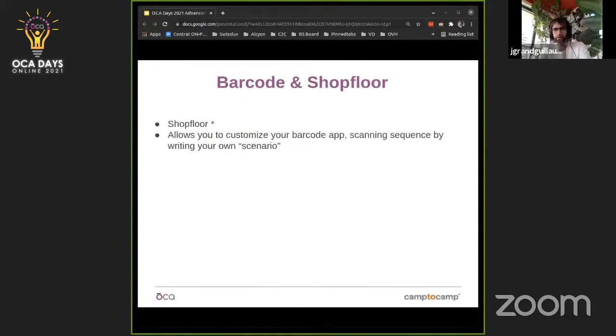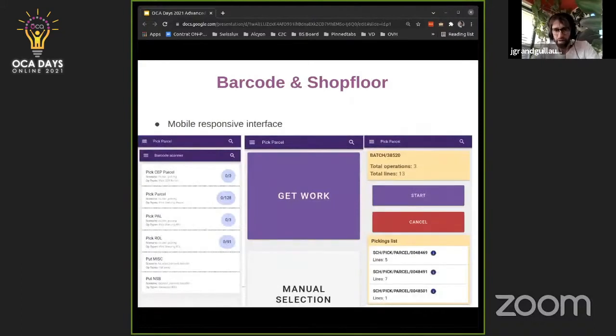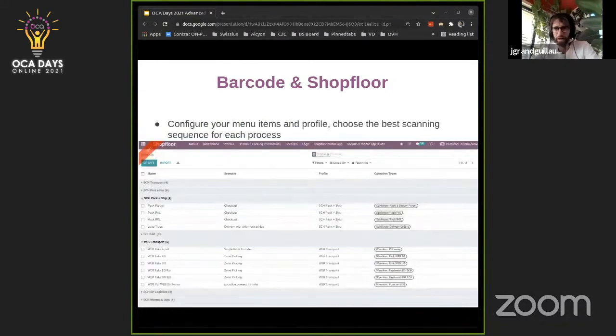For Barcode and Shopfloor, we have the Shopfloor module set that you can find on the WMS repo. It's a very powerful framework that allows you to customize your barcode app, scanning sequence, and write your own scenario. It's a mobile responsive interface that provides clean screens for the operator to be efficient. You can configure your menu item and profile directly using the interface, and for each menu entry, you can choose